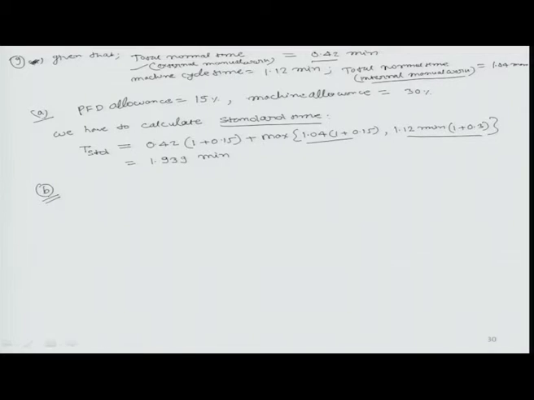Now, we will come to part B. Part B is saying how many work units are produced daily in an 8-hour shift at standard performance. Okay, that means the standard time allotted is 8 hours per shift, and on the basis of that we will have to calculate standard performance. So, what we will do?